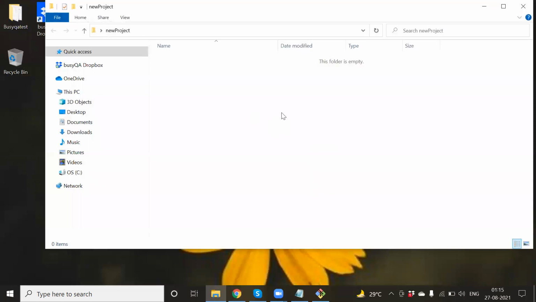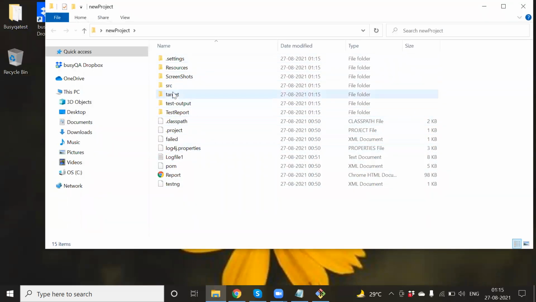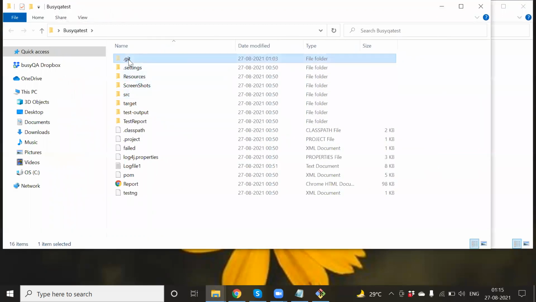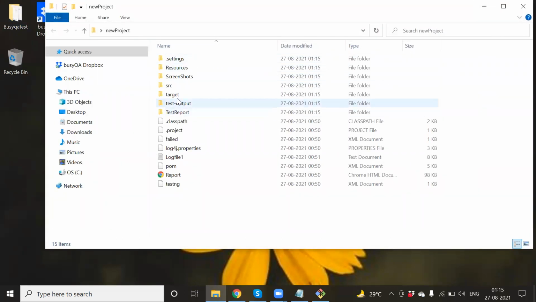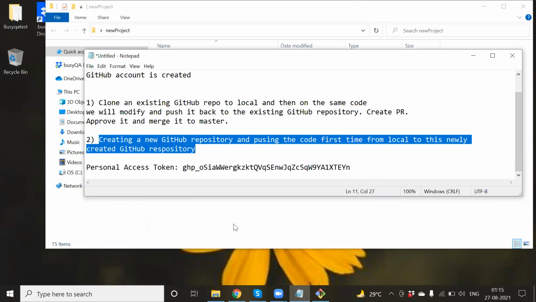Okay, and just imagine I have created all these files in my IDE, in Eclipse IDE, or maybe IntelliJ IDE. And you see there is no .git. I purposefully didn't copy this .git because I will let you know why; here it will be a different thing, because this is a different scenario that we are trying to do here.